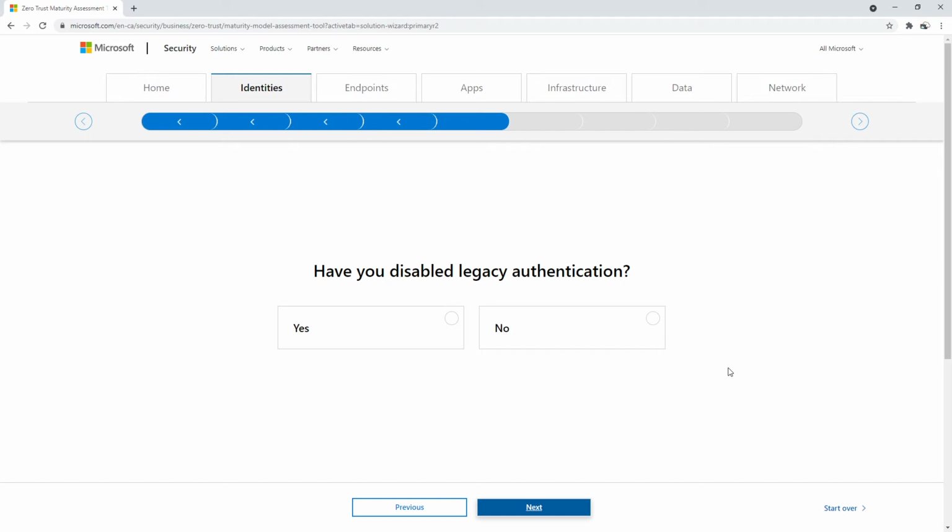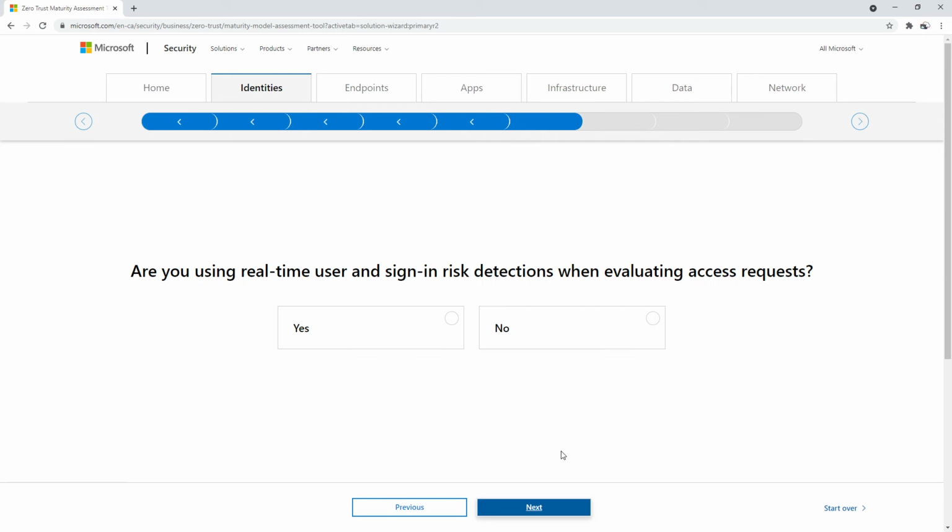Have you disabled legacy authentication? I'm not sure what they mean here, but maybe you have an old system that's not part of, you're not using Azure AD. So it'd say, yeah, maybe I'm still using a legacy system. I haven't migrated to the cloud yet. Are you using real-time user and sign-in risk detection to evaluate request access? If you're using Azure AD and you have that turned on, you'd know, but we'll say no if we're using